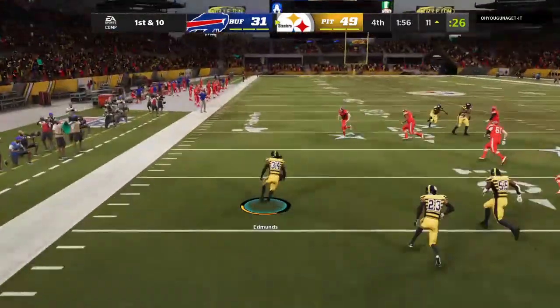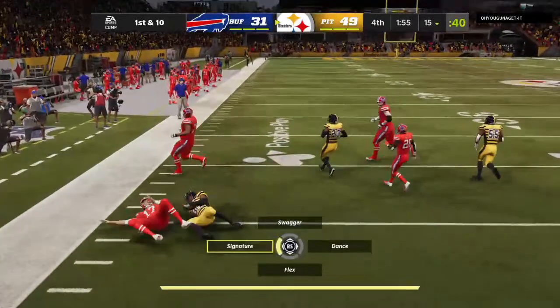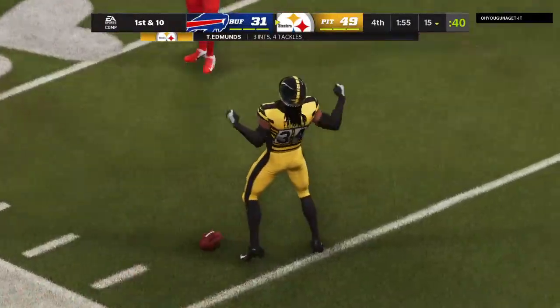And his pass is intercepted for the 4th time today. The safety, Terrell Edmunds, picks it. And the return